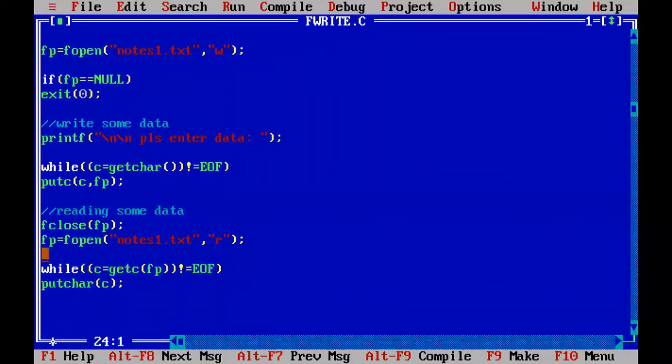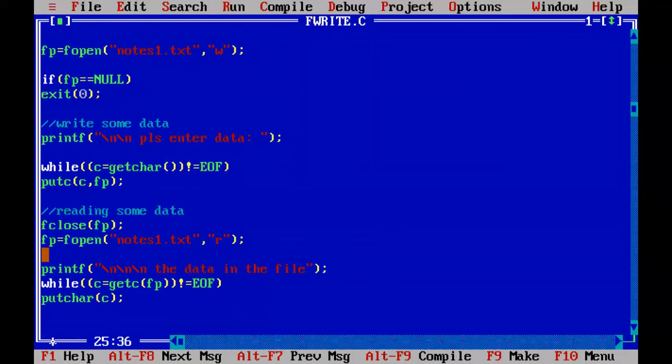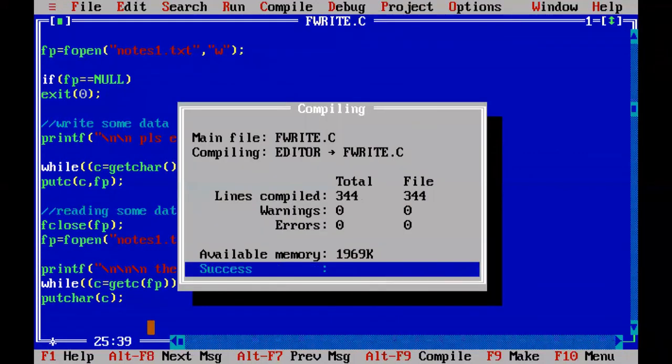So here you write one printf statement: the data in the file. So after this we are going to print the data. Alt F9, Control F9.